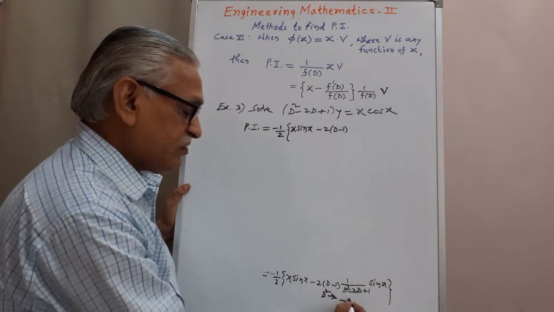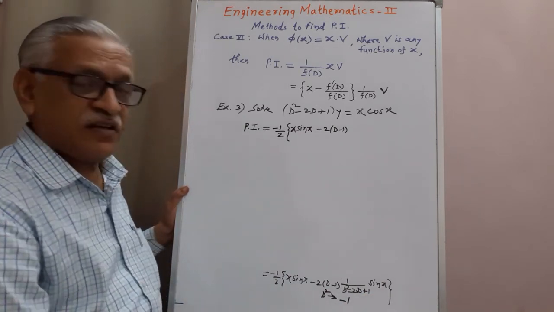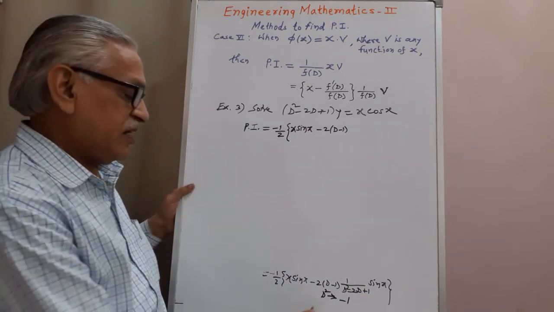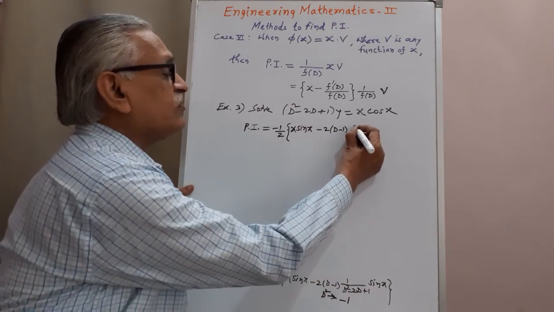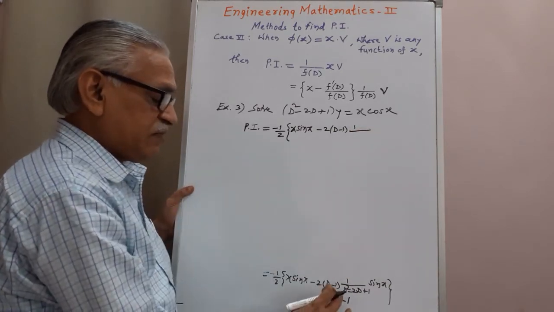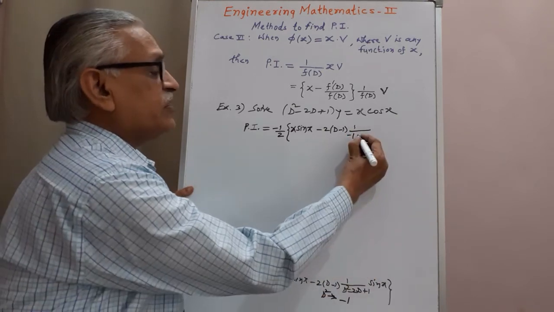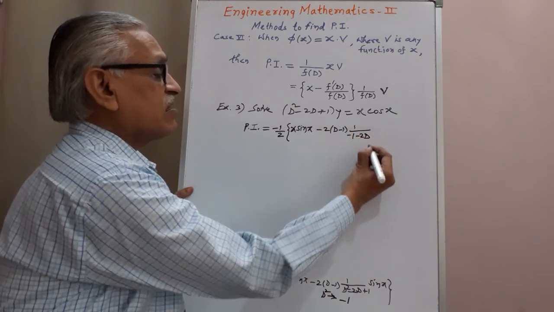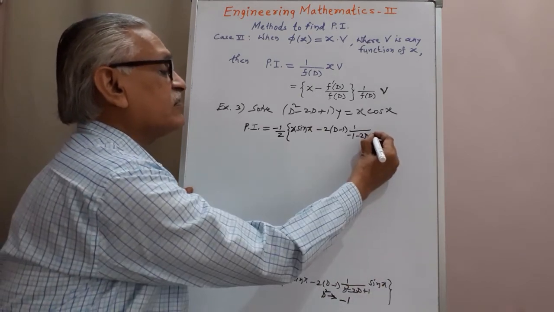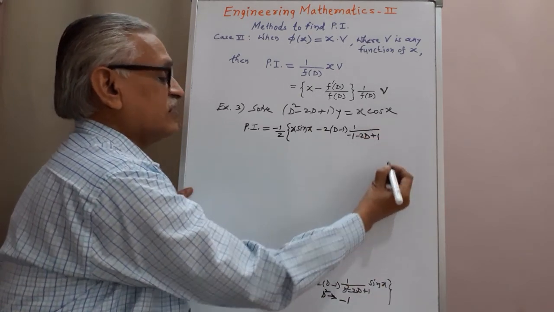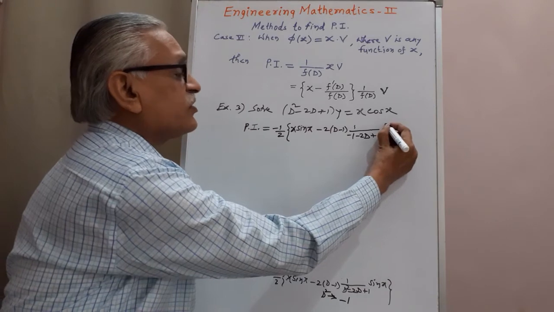A is 1, therefore 1 square is 1, replacing D square by minus 1, and therefore we have 1 upon D square replaced by minus 1, therefore it is minus 1 minus 2D plus 1, operating it on sin x or into sin x,